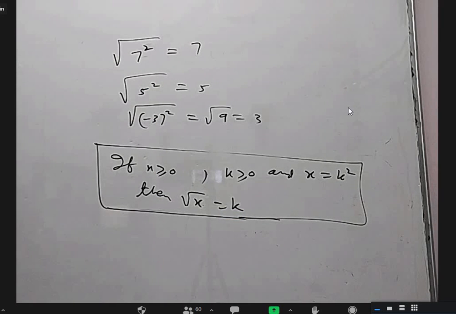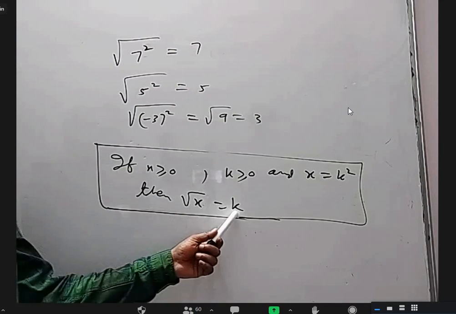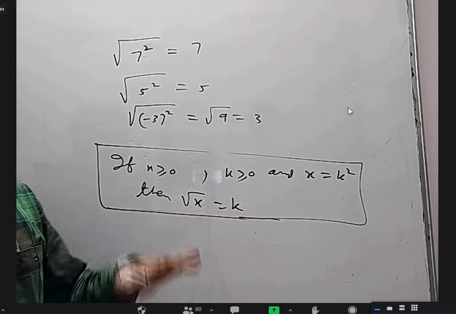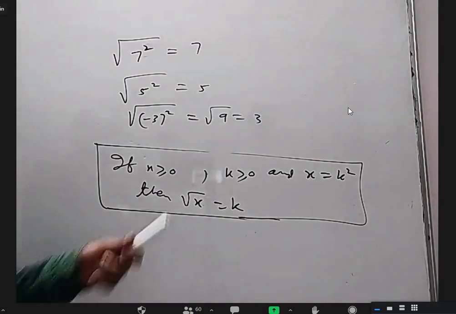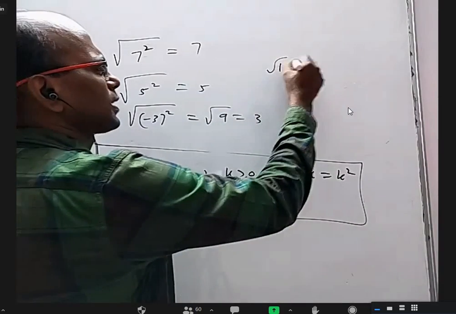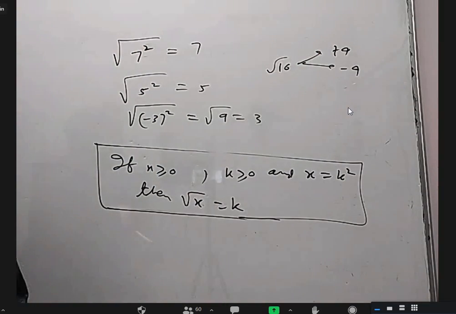Okay, so listen, we decided that for the root of something we are going to accept only positive values or 0. We are not going to accept negative values. It's just a convention. Because let's say if I have root 16, somebody will say plus 4, somebody will say minus 4. There will be a lot of confusion, right?